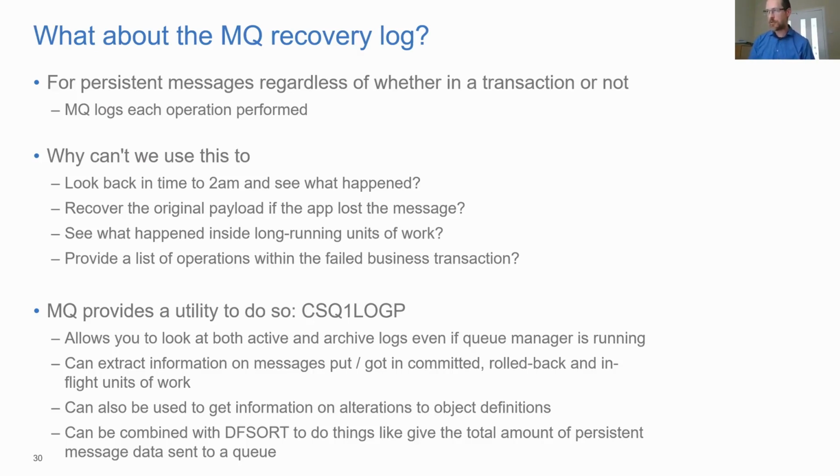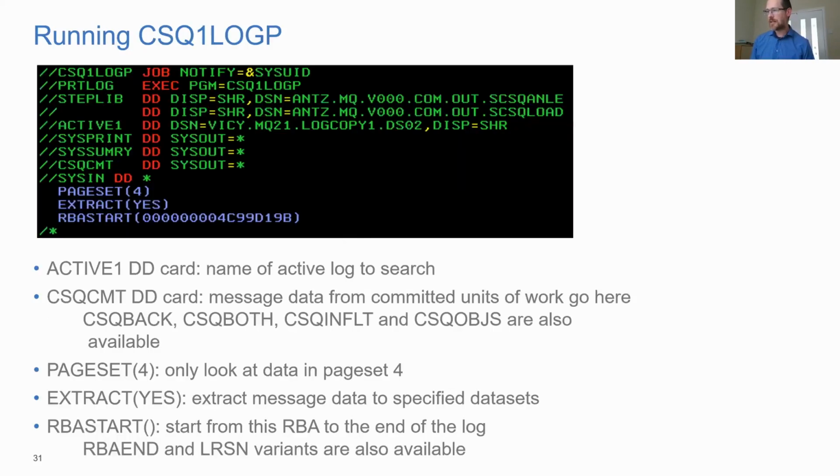Some of them are probably more useful from a development perspective, so I've used this tool a lot, but actually some of them are really useful if you're a customer. What it will do is look at the active and the archive logs and allow you to extract information from them. So it is possible, if you know what you're doing, to see exactly when messages were put and when they were got and understand whether there was a rollback or not. It's also useful to be able to pull out the message data, and that tends to be where it's useful to customers. CSQ1LOGP is basically something you run via JCL,